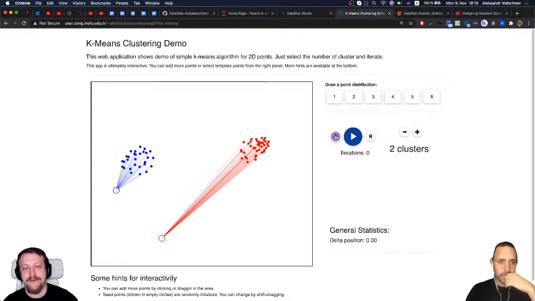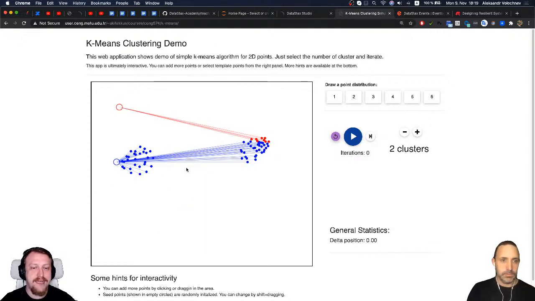Starting with this simple case, how it works: imagine I have a city, and in this city there are some groups of people who love pizza. I'm going to sell pizza, and I have a limited budget, so I want to put my pizza bakeries, or